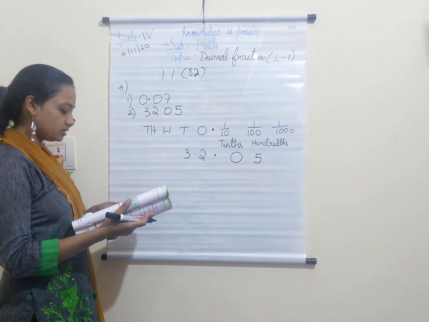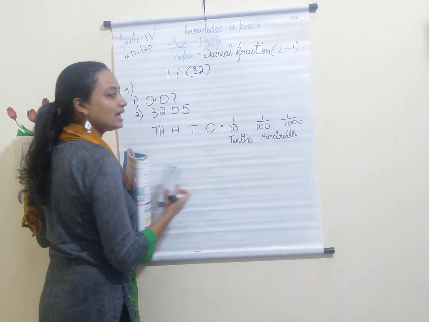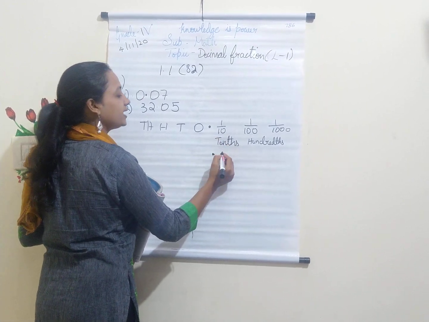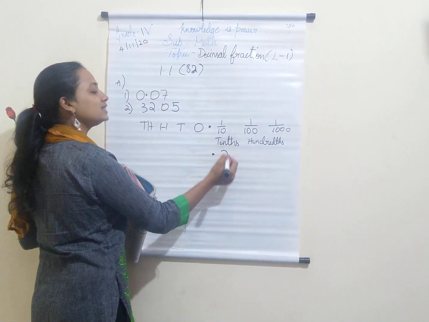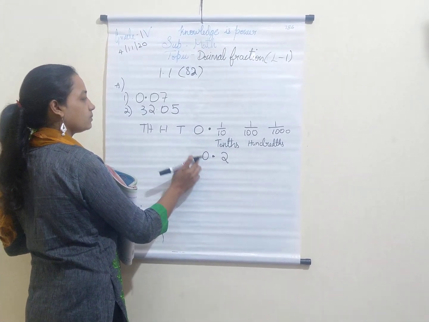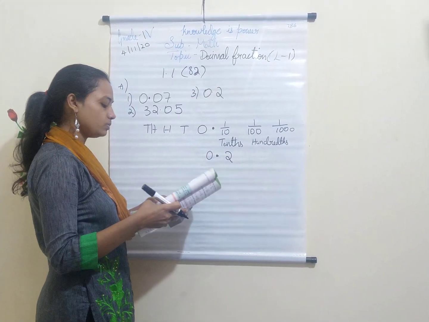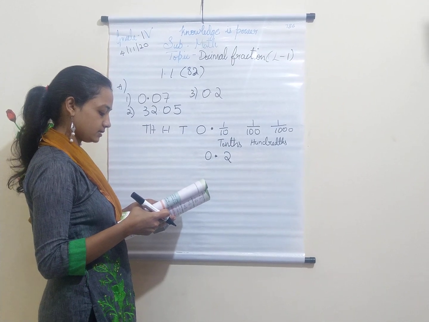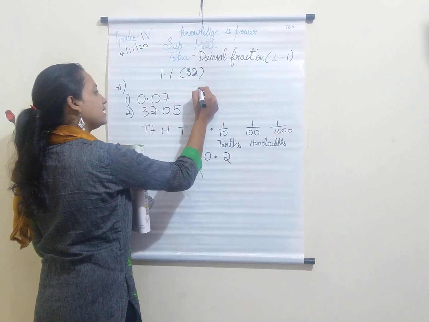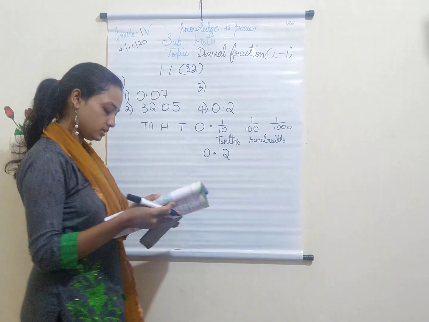What's my third answer? 2 tenths. If you see the spelling there, it is tenths. So, decimal point, this is the tenths place, right? So, I write 2 here. 2 tenths. And there is no number in front of the decimal, so I write 0. So, my third answer is 0.2. What's my fourth answer? Actually, this is the fourth answer, students. Let me wait. This is the fourth answer which we did now. It is 0.2. The third one is